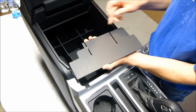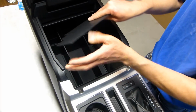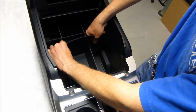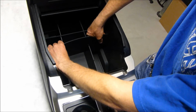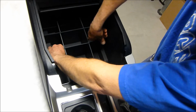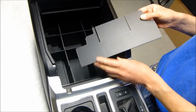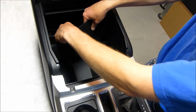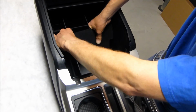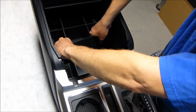So same thing on this one. This goes to the passenger side, this goes to the driver's side. They're identical pieces, so you put them in, kind of get the slots to start working with each other, and then push down, and as you push down they'll snap back into their straight shape. Same thing again for the last one. You just put them in, flex everything a little bit until you get those dividers started. It's definitely a two-handed job, but